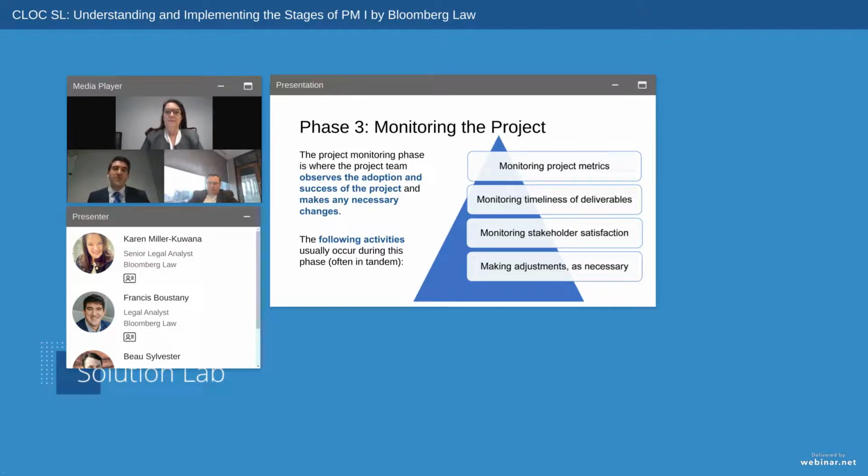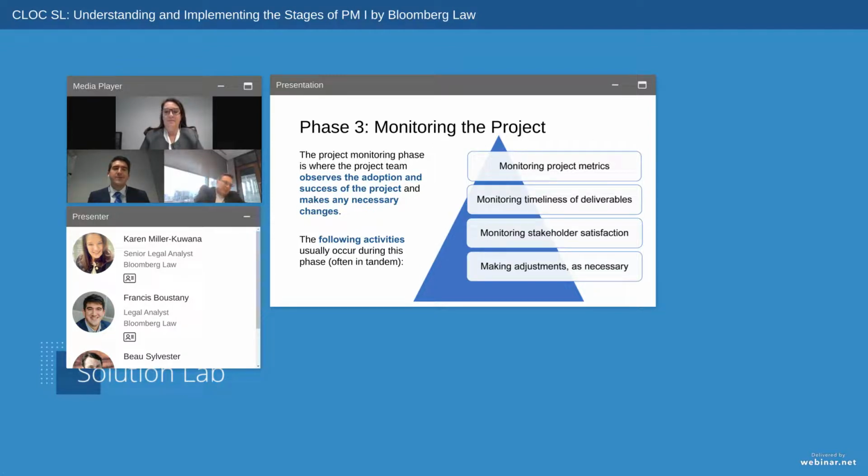When metrics are reviewed, they often help to inform areas of deficiency, and any of these areas can sometimes be addressed by a change in the project. The project monitoring phase is critical to the success of the project, as it provides the project team and organization a pulse on how the project is performing, and it also informs them of any changes that may be needed.